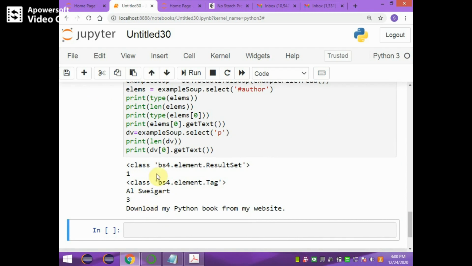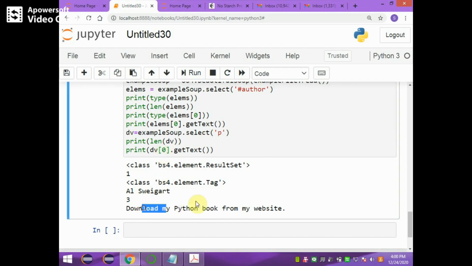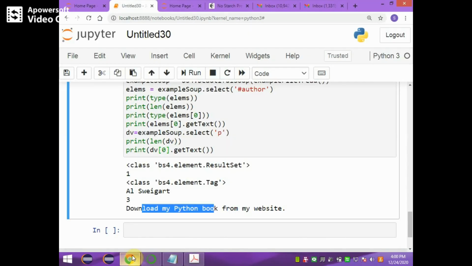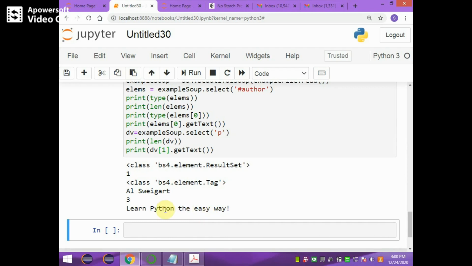The 0th p tag has this content, the first p tag has this content, and the second p tag has this content. Now we have to select either 0 or 1 or 2, for example the second p tag has this content.